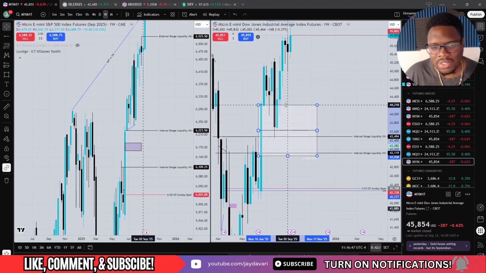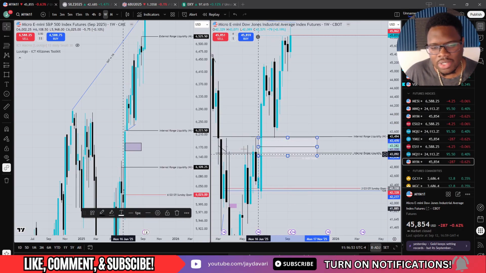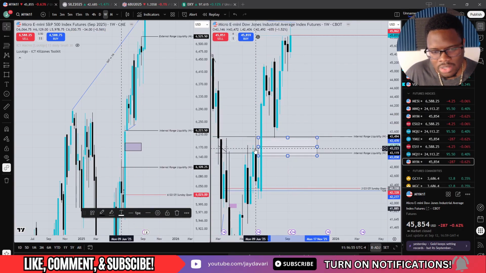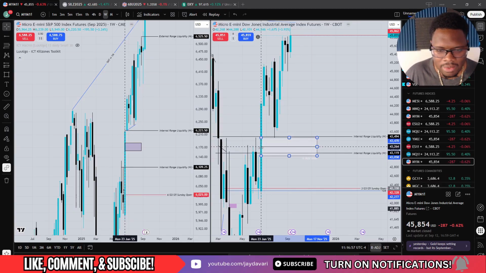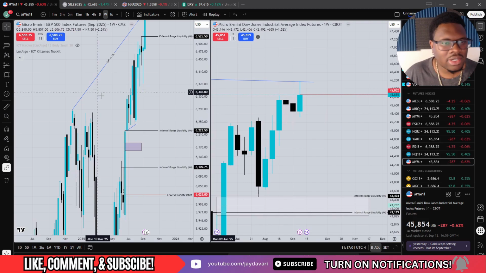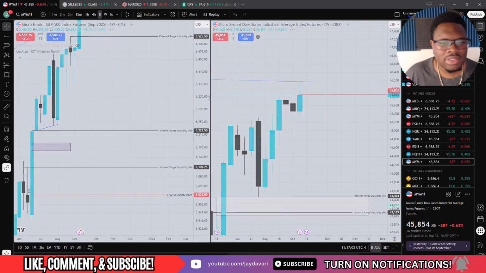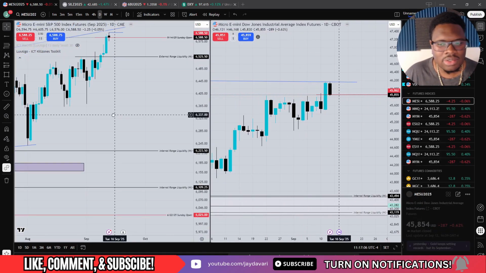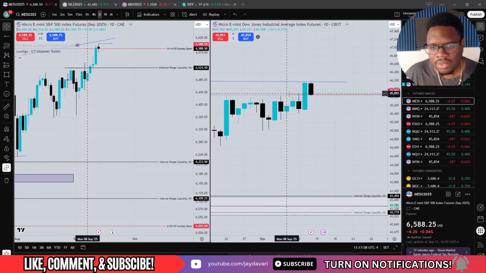Although this is a fair value gap, yes, this portion of the gap got filled in. However, with this right here, there's still no trading that took place down here. So I actually could use this as a target. But as far as right now, if I go back to the daily time frame, right now we have that